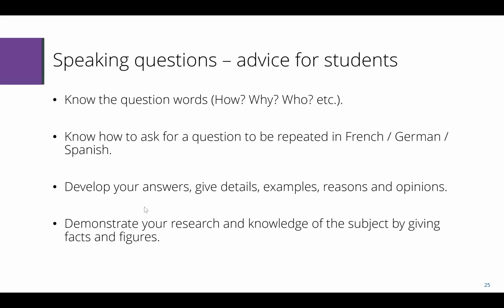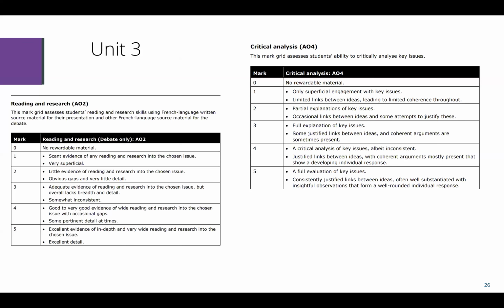Making sure that they have this ability to develop, to give some examples. That's a way of developing. Give some details. That could be statistics. It could be all sorts of things. And they then have to give some opinion on it, and they have to justify that, which is a reason. And as it says on the last bullet point, facts and figures, and I come back to that point about figures, that it doesn't have to be a very specific thing. It just needs to be some figures in general terms. Okay, so that's available then for you